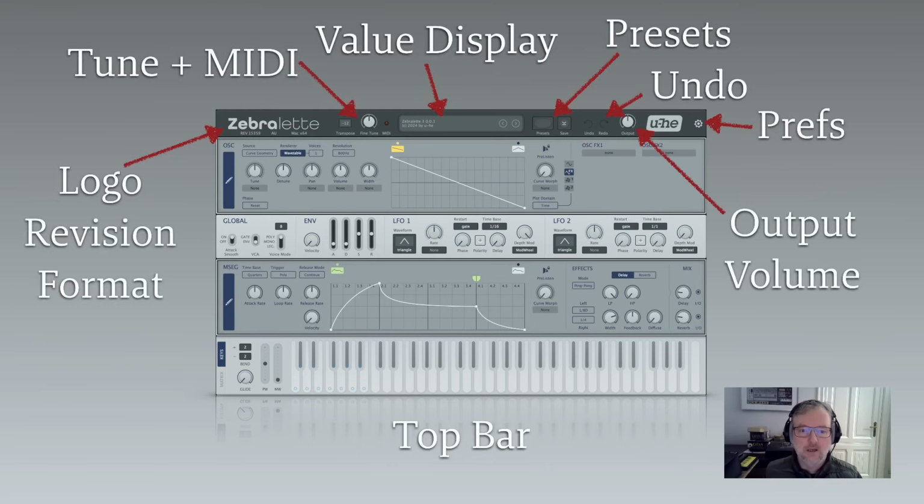So the interface. At the top is the top bar, which is something that you have in almost all of our plugins. And it's got the Zebralette logo with a revision number, which tells you what revision you're having. The higher the number, the newer. Then it's got the format like AU Mac x64, so it's on Intel Mac currently. That's what that tells you. And then there's